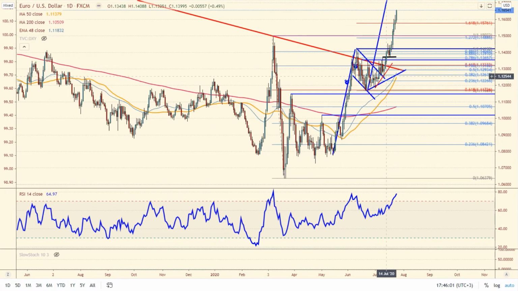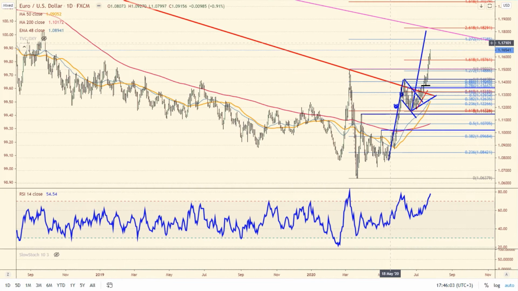So the question is, can we rally another 150 pips this next week? Absolutely we can. We just rallied 200 pips last week. Why couldn't we continue that rally this week? I do think that we might find some resistance here, and the reason why is if you go to the